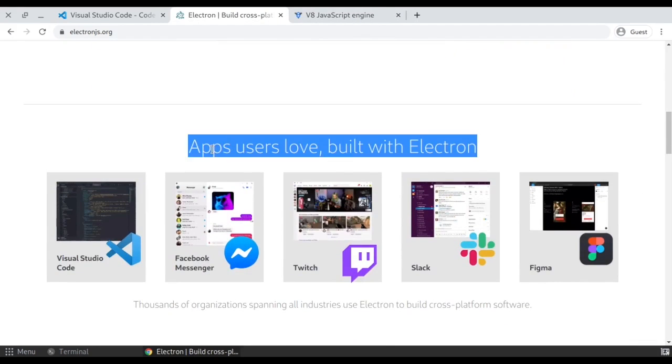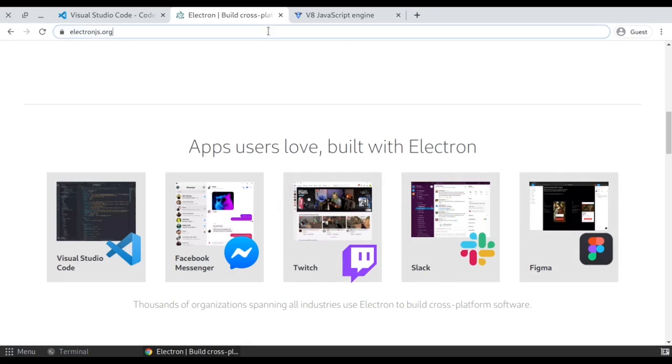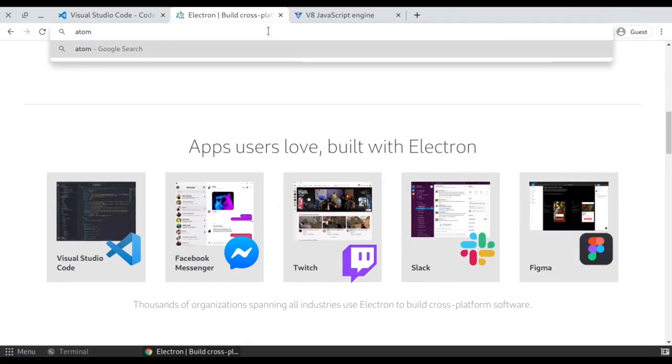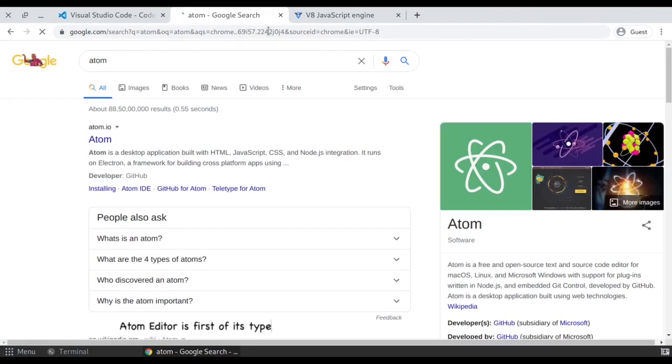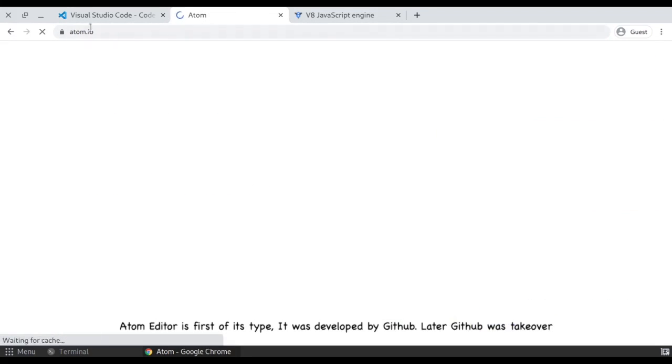There are a lot of other applications which are based on it. One is VS Code, which we are talking about. There is Facebook Messenger, then Slack, and a number of others. There is another very famous editor based on Electron. That's Atom. It is older than VS Code